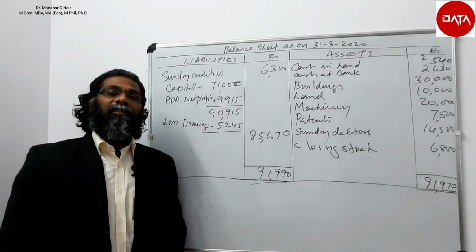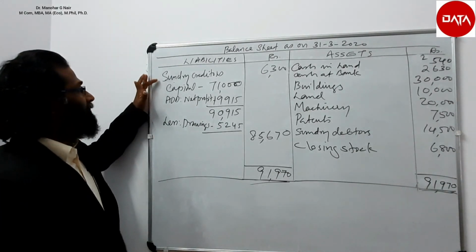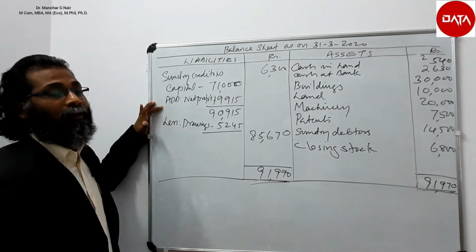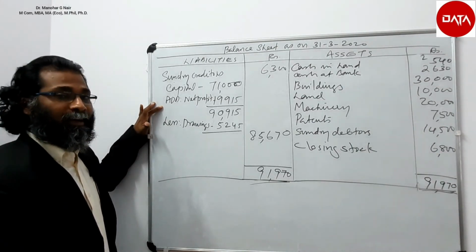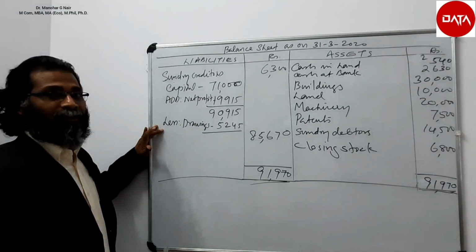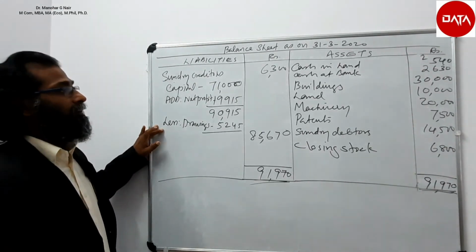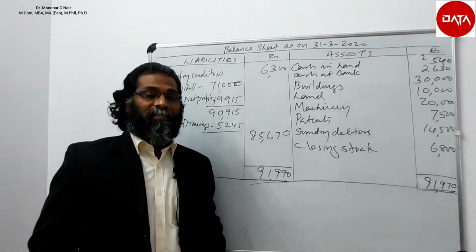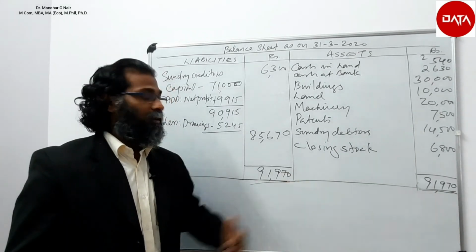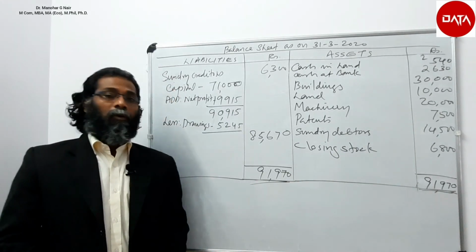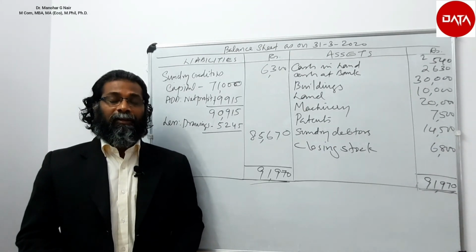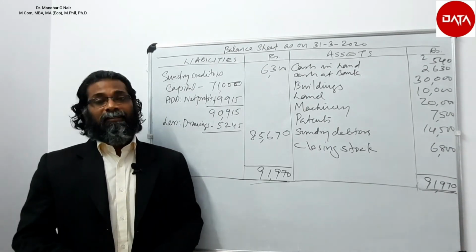In this given question, there are only two liabilities, that is sundry creditors and capital. And if profit is there, profit is to be added to capital, and if loss is there, it is to be deducted from the capital. And the drawings is a reduction to the capital, so it is to be deducted. So these are the assets given, we just wrote them in the asset side of the balance sheet. So it has automatically tallied. Hope you understood how to prepare a trading profit and loss account and balance sheet without any adjustments.